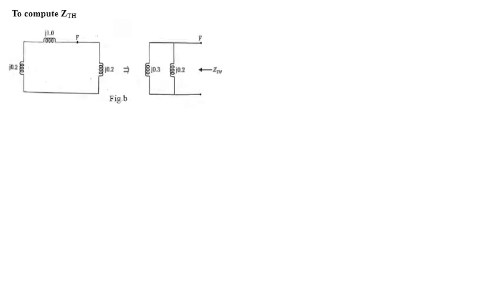We have to calculate the Z Thevenin. To find it, it is the same as in figure 1, you can remember that. We have the generator, the transmission line and the motor. Make the voltage source short circuited. Then we get the generator, the transmission line, and this is also the motor.